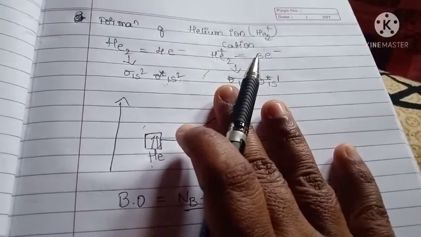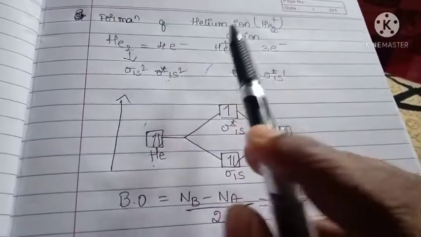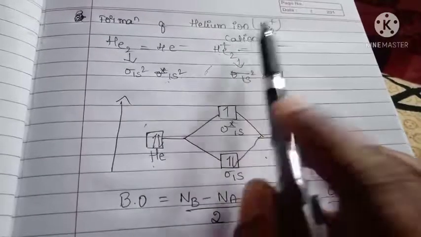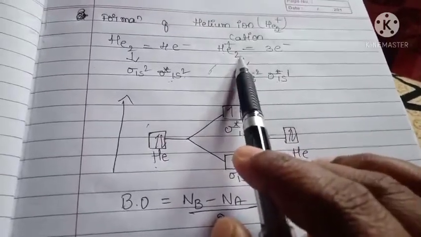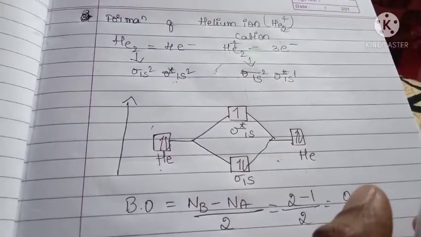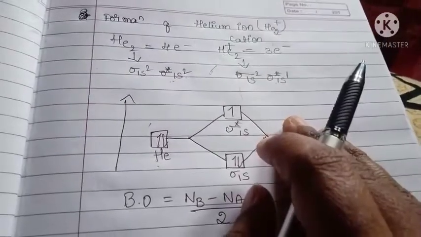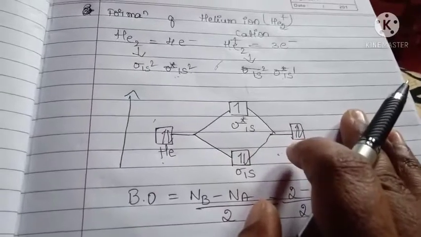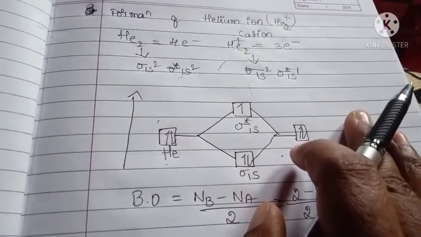This is also included in the formation of the helium molecule. In that, for the helium cation, 1 electron should be removed from the helium molecule, not from the helium atom. Do you get it? These are all about helium. In the next class we will learn about the nitrogen molecule.